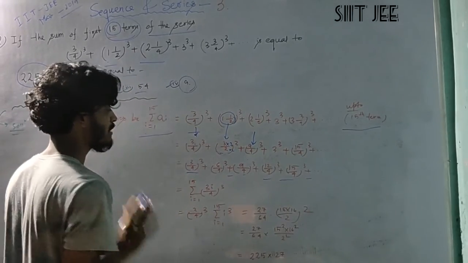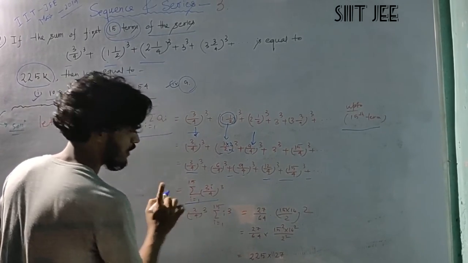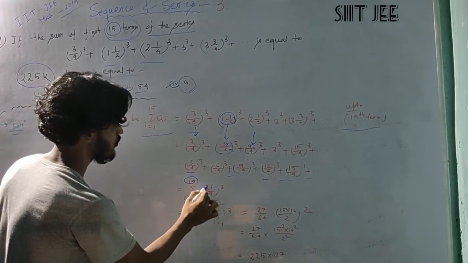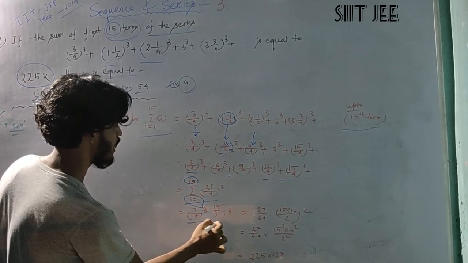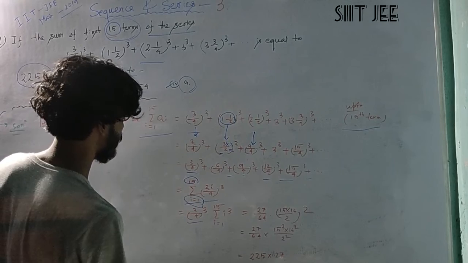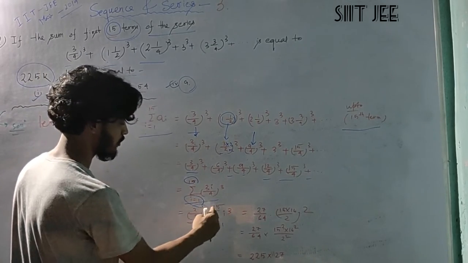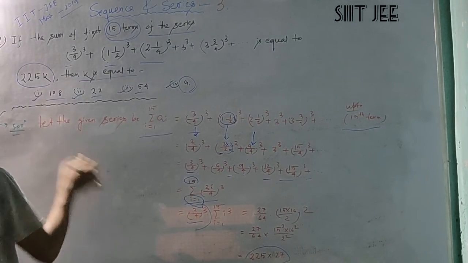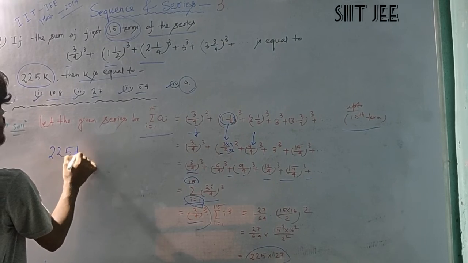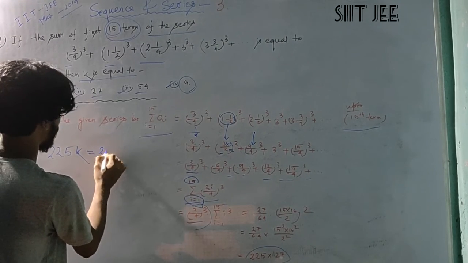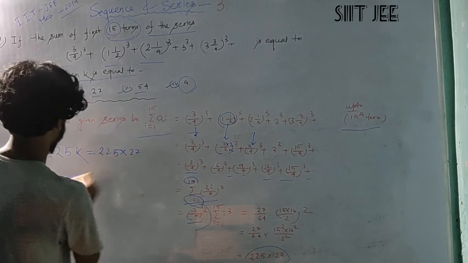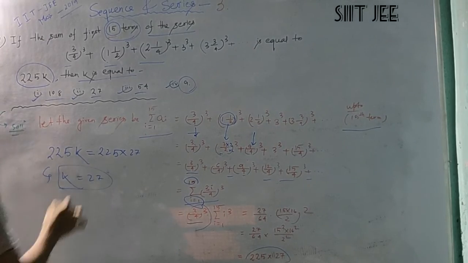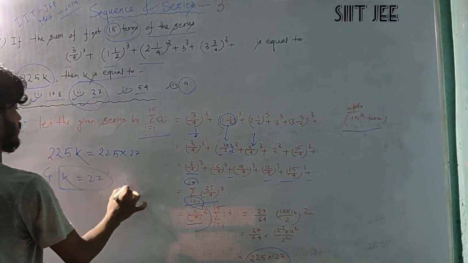So we have to find the sum of the first 15 terms of the series. So i is from 1 to 15, and 3 by 4 i cube, so 3 by 4 whole cube is independent of the sum and can be extracted outside of the sum, and we have this sum as 225 times 27. Also given that this sum is nothing but 225 times k, so 225k equals 225 into 27. So from this we have k equal to 27. So in our options, the second one is right, so that is the answer here.